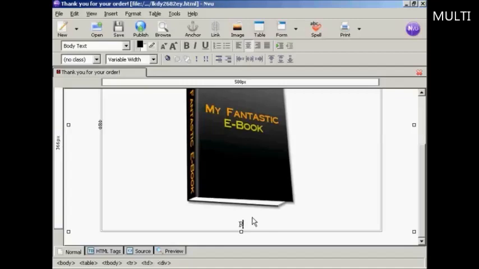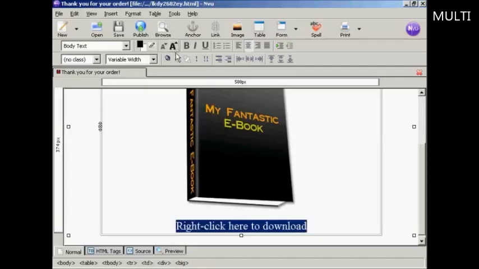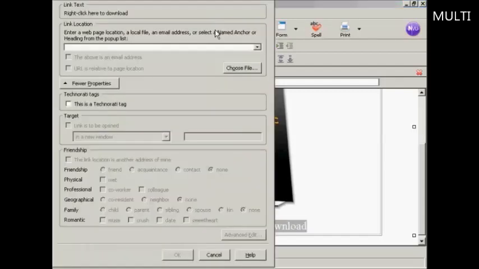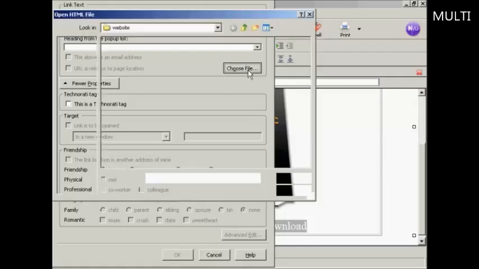So right click here, and I'm going to make that quite large so people don't ignore it. So I'm now going to increase the font size, so I'm going to click a couple of times there, and then I'm going to link to the product, which is a zip file. So click here on link, and again choose file,